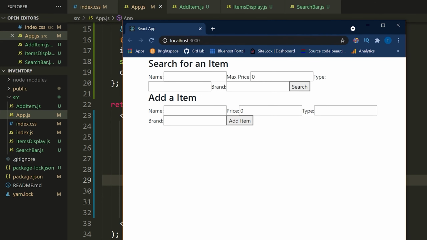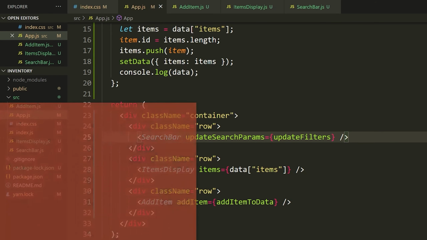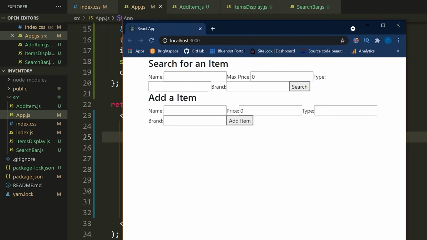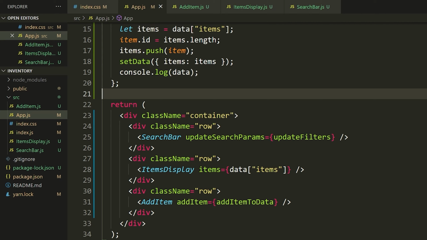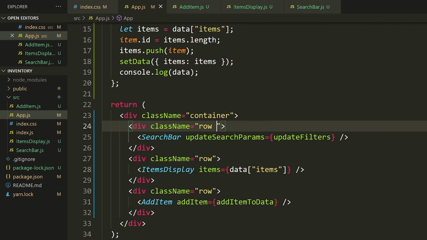So you can see that obviously we can't see the item display because there are no items to display. But if we have a look at these two things, you can see they're right beside each other. So how do we space them out? Well, we can add a margin to the top of them. The way that you add a margin in Bootstrap is you use something called MT hyphen, and then whatever the size of the margin is that you want. So M stands for margin, T stands for top, and then after the hyphen, you can put a number in the range of 0 to 5. The higher the number, the more margin you're going to get. So in this case, I'm going to put 3.